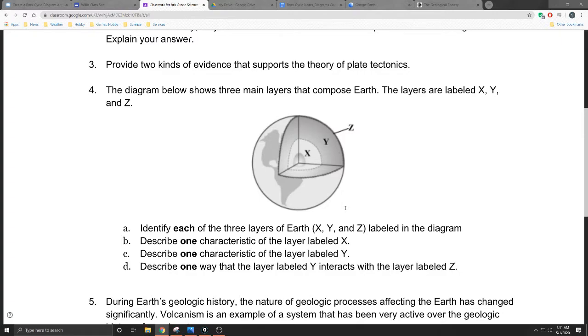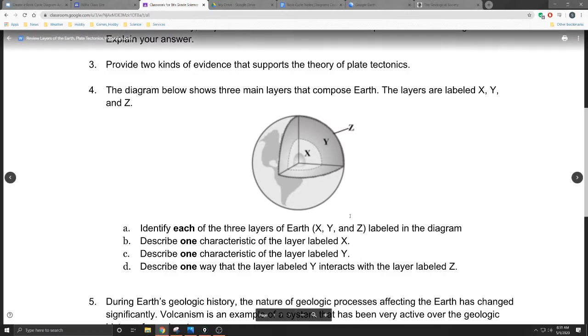Oceanic crust is going to be primarily basalt. Both of those have huge amounts of silicon and oxygen. Those are probably the two primary materials that we find in the Earth's crust. Remember, silicon is going to be found in silicates, which is sand, which we obviously have a huge amount of at the Earth's surface. And oxygen is going to get trapped in with all of these rocks.